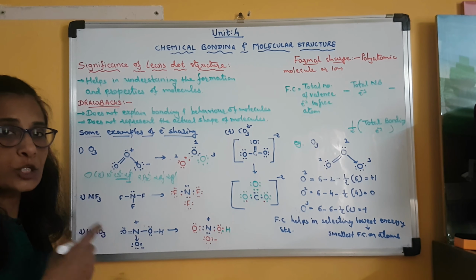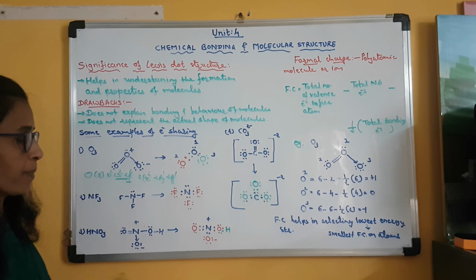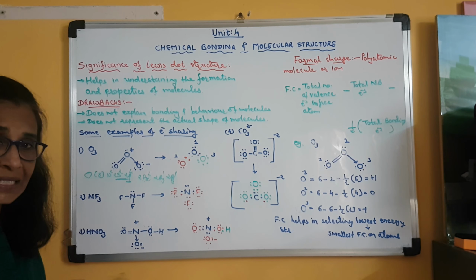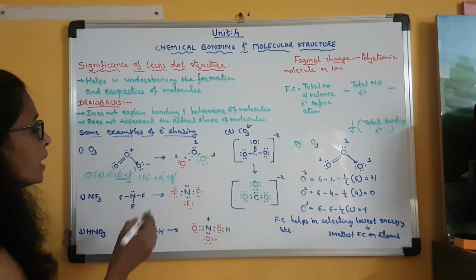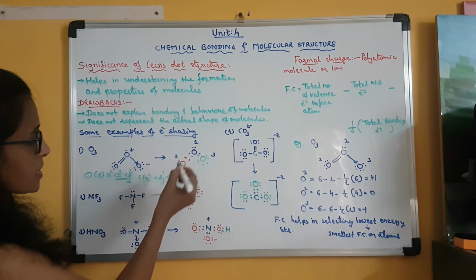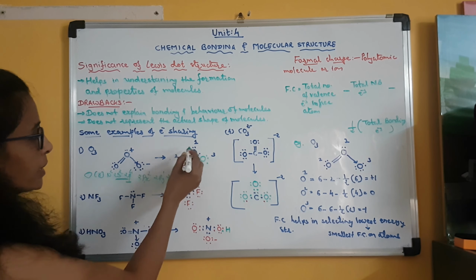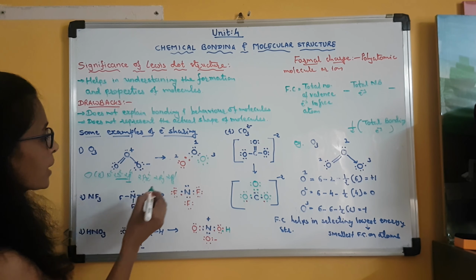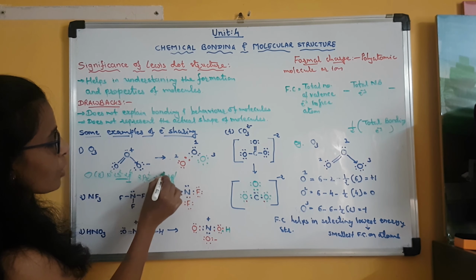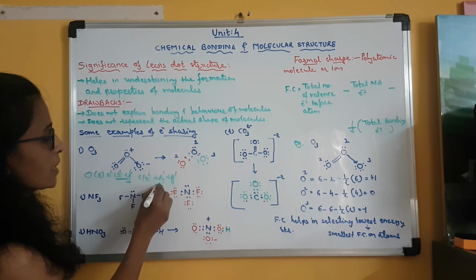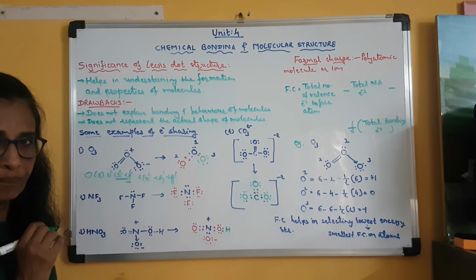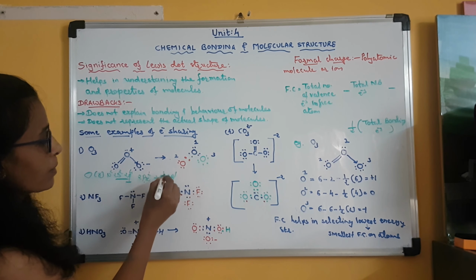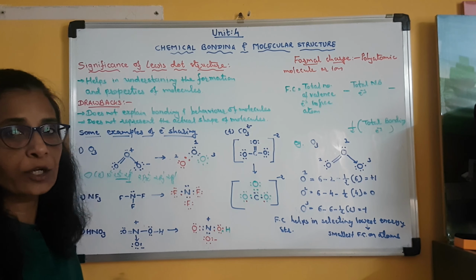The other 2 are present in the 2px orbital as another electron pair, and the remaining 2 are present in the 2py and 2pz orbitals as unpaired electrons. Clear? Now, when the sharing takes place, for the first oxygen atom, you can see these 2 blue dots which I have drawn here. They are the unpaired electrons of oxygen number 1 present in the 2py and 2pz orbitals. Similarly, the second oxygen atom also has its unpaired electrons present in 2py and 2pz.